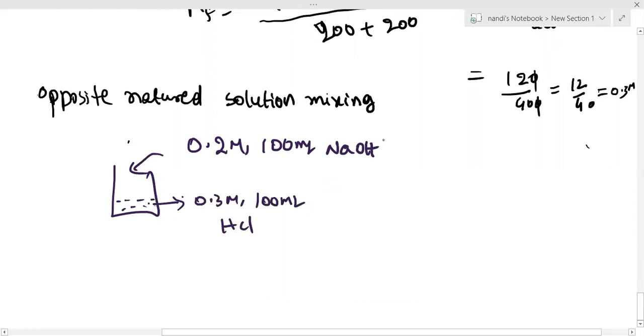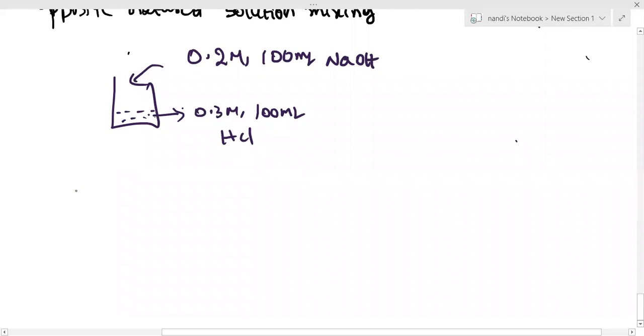Acidic or basic? They can expect pH calculation also, but we are not discussing pH calculation right now. We will see those pH calculations later. Now my question is just: acidic or basic or neutral? That is what we are going to calculate. You can't simply say this is acidic or basic. So two cases are possible here.